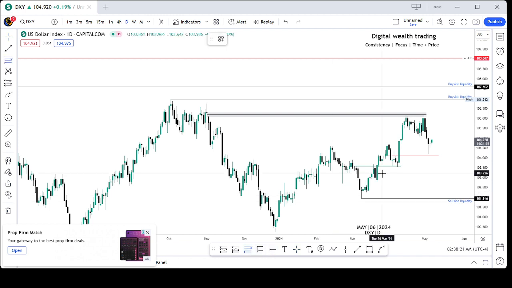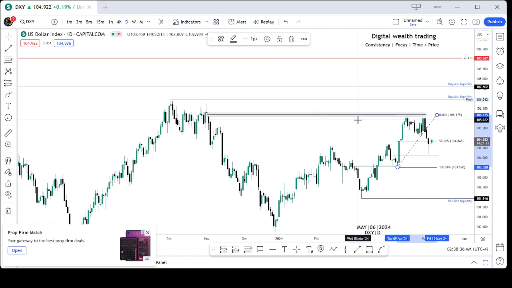So, taking my Fibonacci tool, I want to actually give you guys what I made mention of, how price has got to the 65% region. So that's the high, and I'm going to change it to my art. We have seen that the 61% region has been crossed, and now we are above the 50% region, which is premium. We are getting inside the premium between this low range and this high range. So if you are able to capitalize within this area, you should be in profit by now.